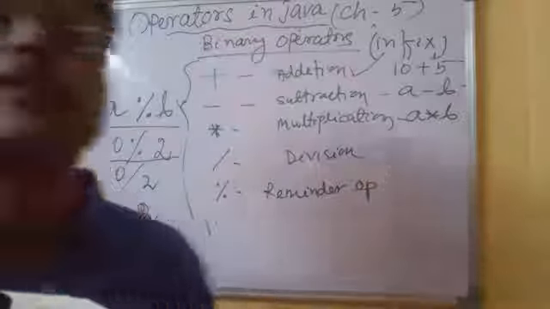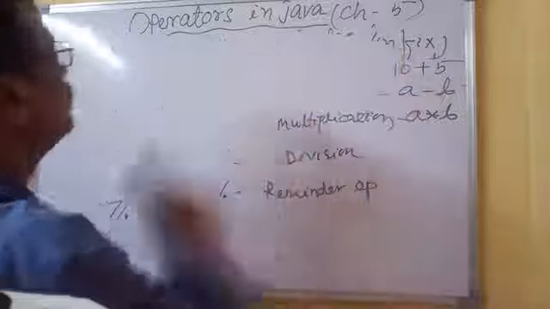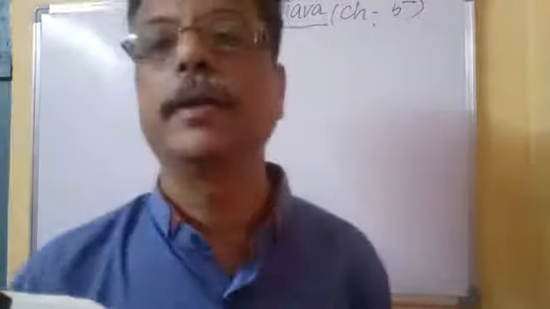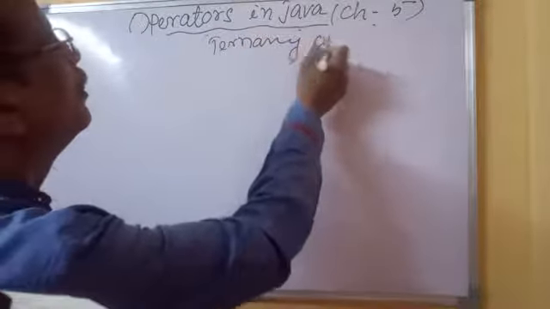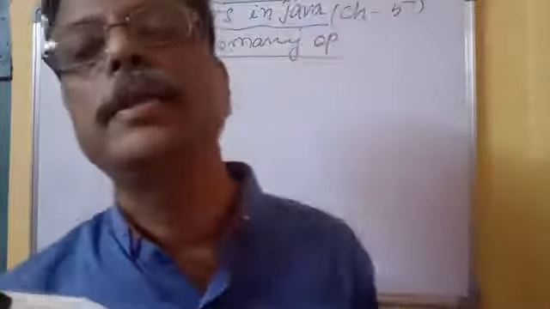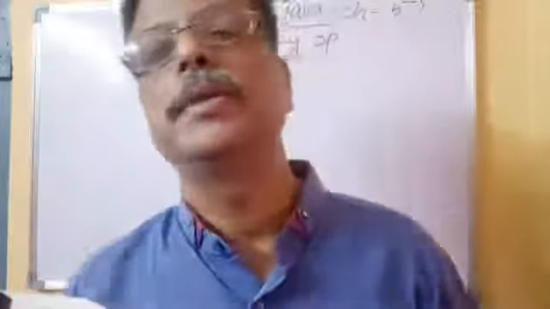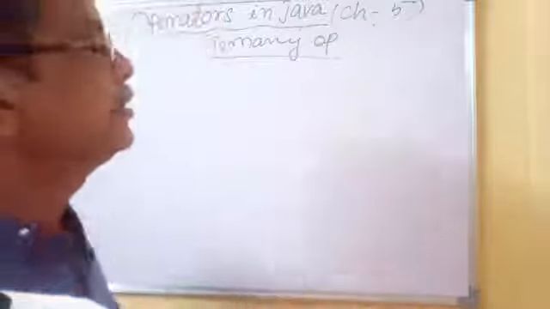Then the next thing we'll see is the ternary operator. The ternary operator is also called the conditional operator. To apply this operator, it requires a minimum of 3 operands, whereas the previous one I told you, the binary operator, requires 2 operands, but here 3 operands are required. Okay, and for these 3 operands certain restrictions are also there.